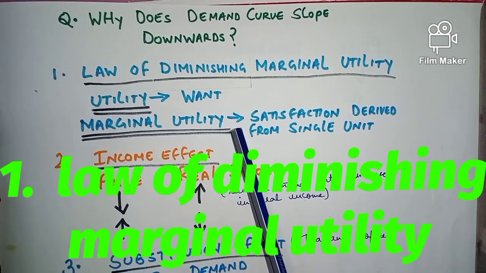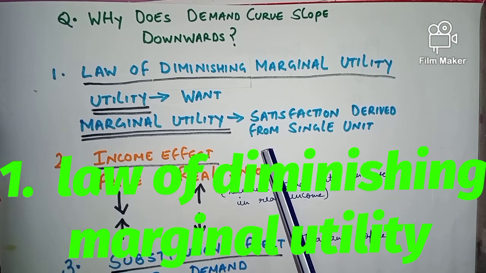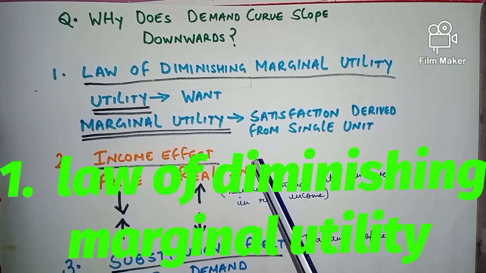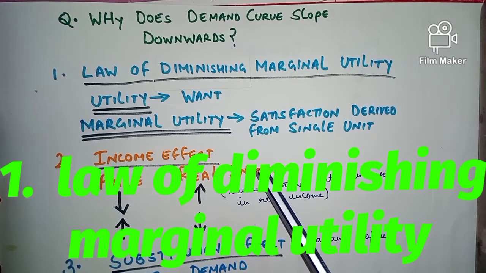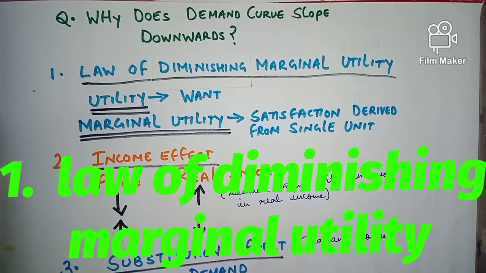Marginal utility means satisfaction derived from a single unit of a commodity. For example, ice cream. We get one scoop of ice cream and we are very satisfied. Then we eat another scoop, the second one, and again we are very satisfied. Then we eat the third scoop. So this is the satisfaction derived from single units of items. From each scoop of ice cream we are satisfying our need, right? So this is the marginal utility of each